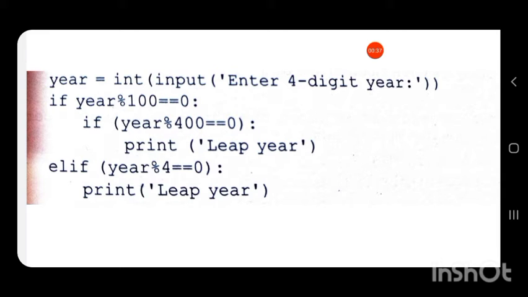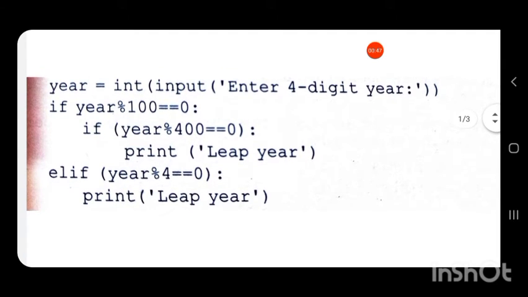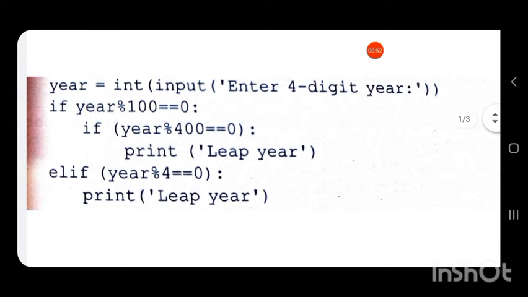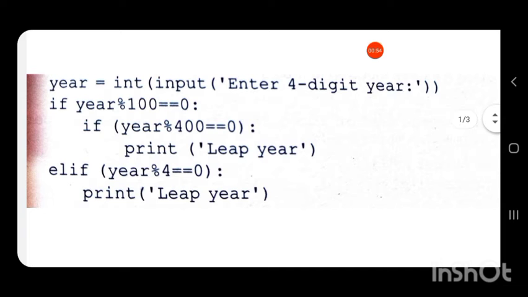We can identify a year as a leap year if it is divisible by 4. Suppose a year is a century, like 2000, 1900, 1800, 1700, 1600.